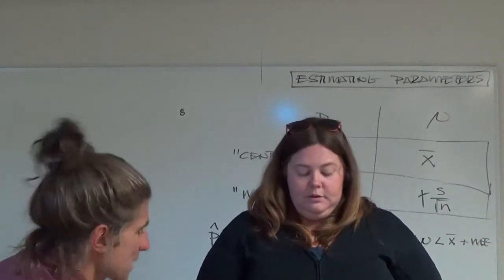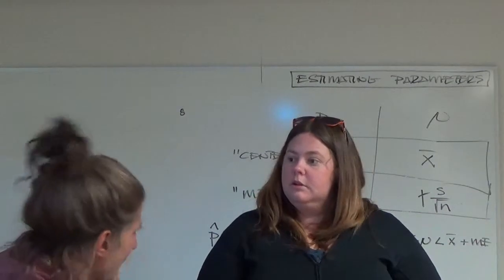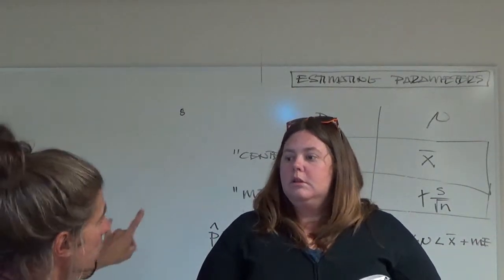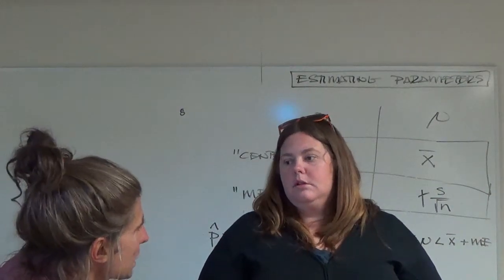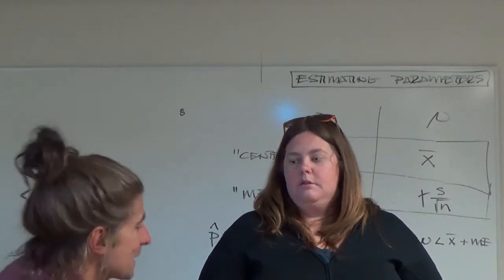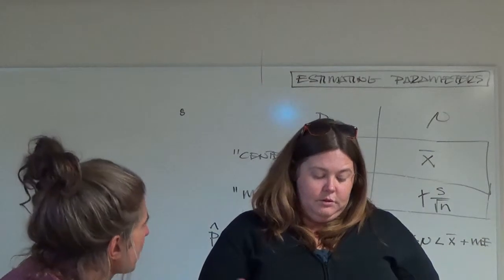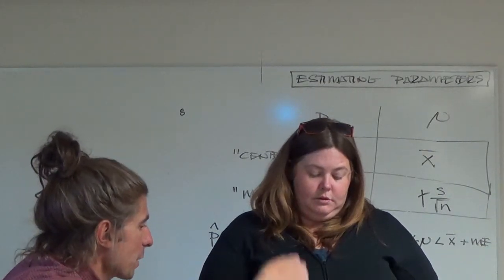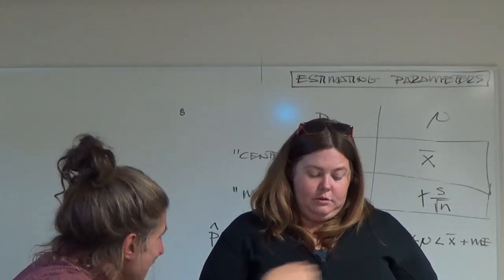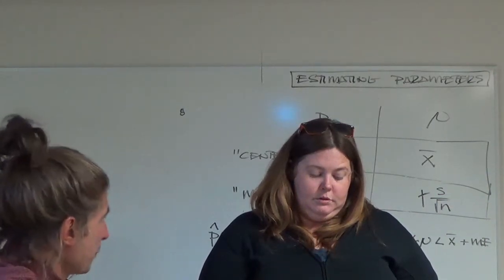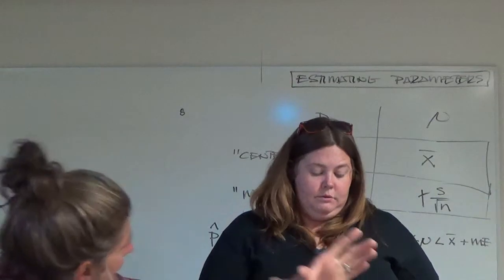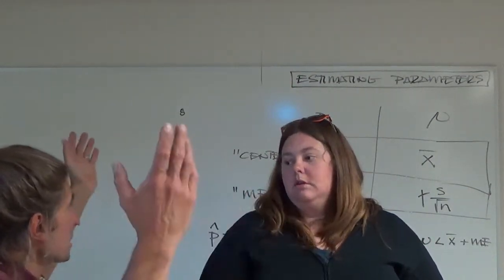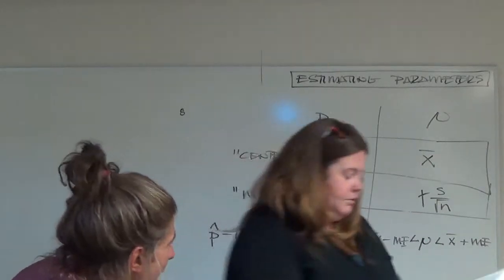That's all I need you to do, is somewhere in there measure 0.5. I very often, in a couple weeks, will be saying, state it so that a non-statistician will understand. A non-statistician might look at that and be like, whatever, but if you're trying to see if the majority support him, this proves the majority support him because 0.5 is not in the interval. It's below the interval. The entire interval is to the right, which means you're 95% confident that the voter support is above 0.5. That's all I'm looking for.